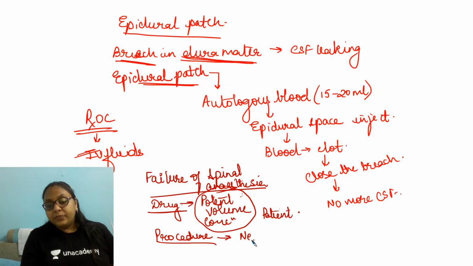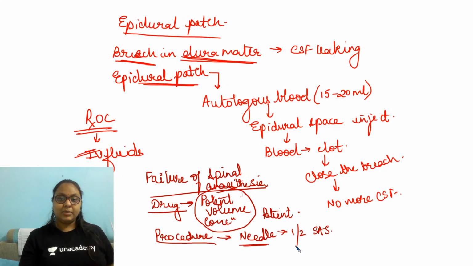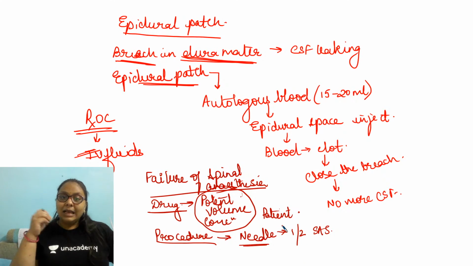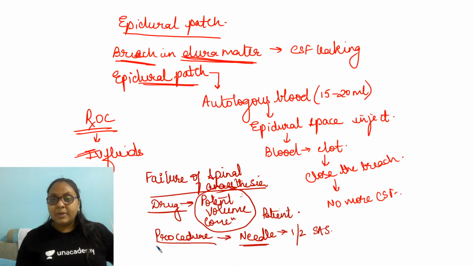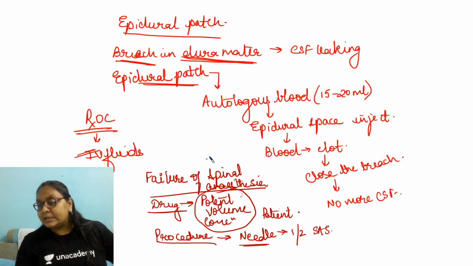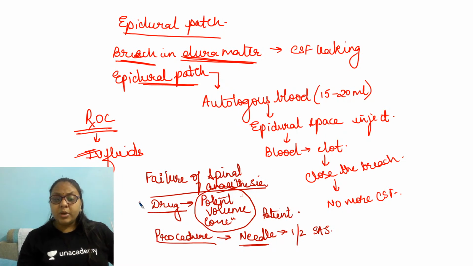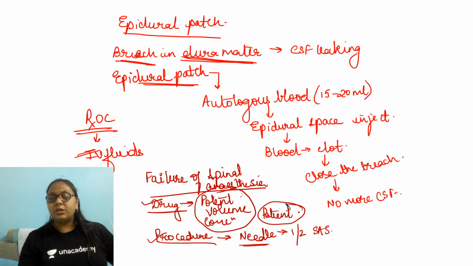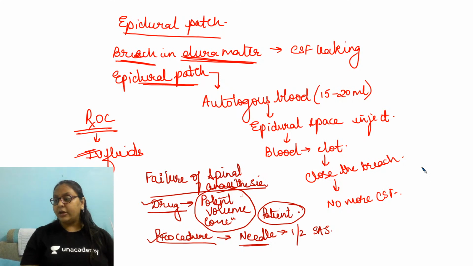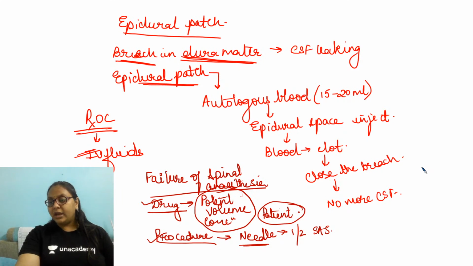If the spinal needle is half inside the subarachnoid space and half outside it, then also it can fail. Or while giving the spinal anesthesia, the needle accidentally gets displaced, because of that also the effect of spinal anesthesia may not come. So because of the drug, because of the procedure, and sometimes patients have kyphoscoliosis, scoliosis or kyphosis, or they already have some neuromuscular disorders where we are not able to evaluate, we are not getting the space properly. So these can lead to the failure of spinal anesthesia. These are the causes for the failure of spinal anesthesia.